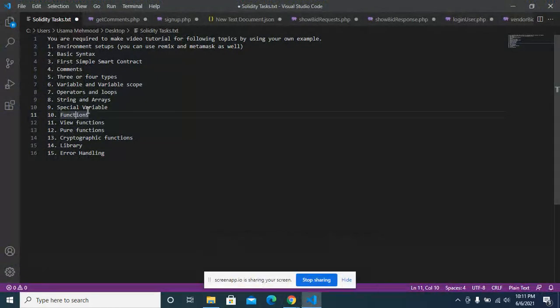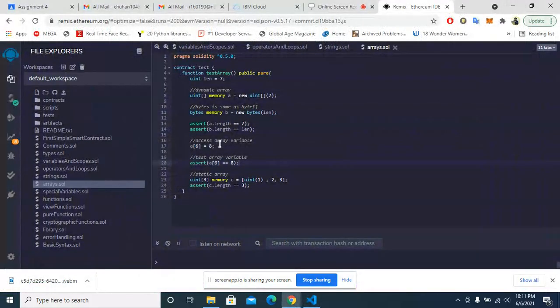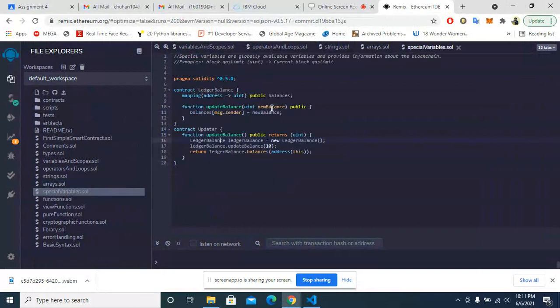Okay, coming to special variables. Special variables are globally available variables and provide information about the blockchain. Example: block.gaslimit, of type uint. It returns the current block gas limit. So I have created a sample code here. I have used ledger balance